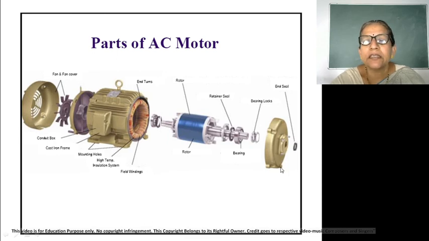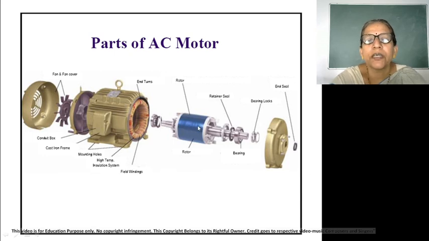These are the miscellaneous parts I am going to show, because already we have seen the stator and rotor. Now this is the end cover, how it is fixed using end seal. Then these are the bearing locks. These are actual bearings. Then you have to make the packing. So for that we are using retainer seal which will be pressed over the bearing. Then this part, now I think you are familiar.